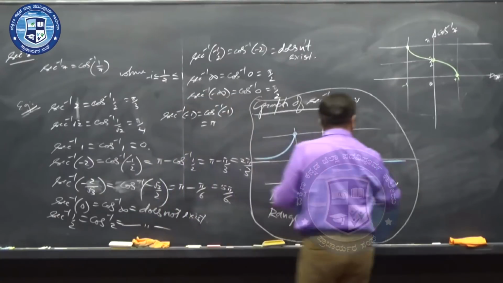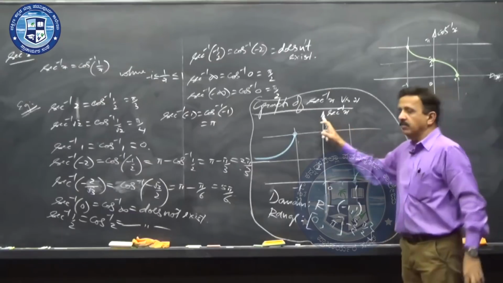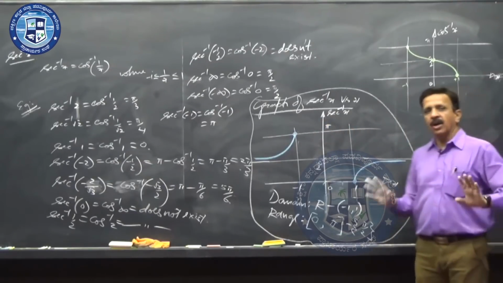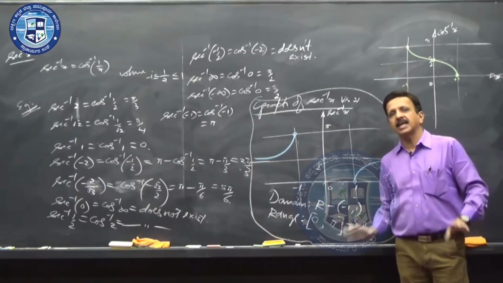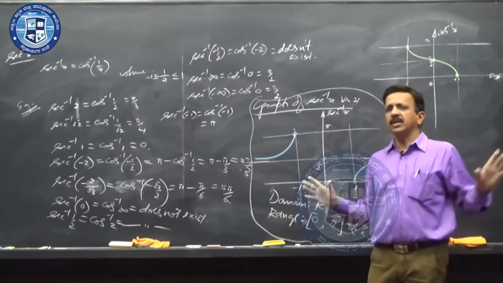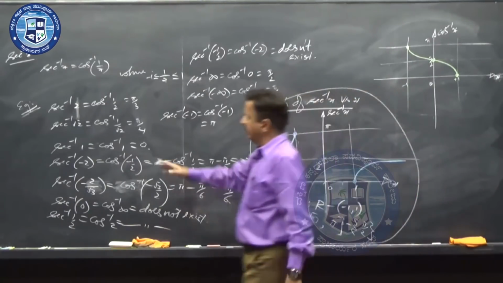The graph writing must be very clear. In the entire graph, the curve you have drawn must be dominating, and you need to mention very clearly what is along the y axis and what is along the x axis. Drawing the graph precisely, that art if you develop, will be an asset for you in any stream you undertake in the future. Next, we will go ahead with cot inverse x.